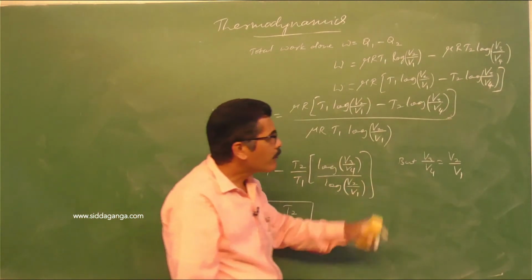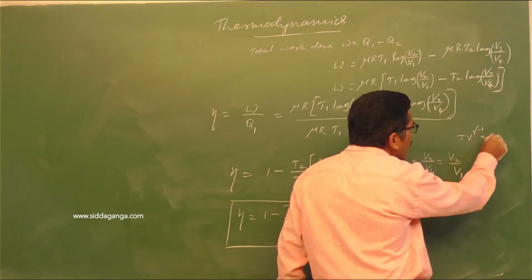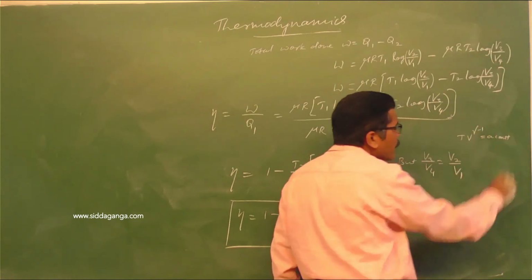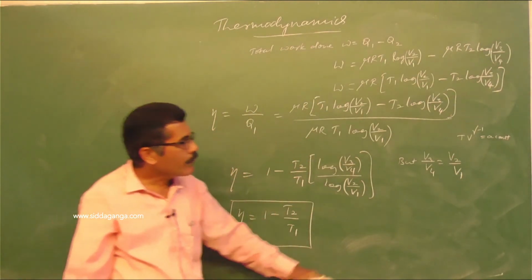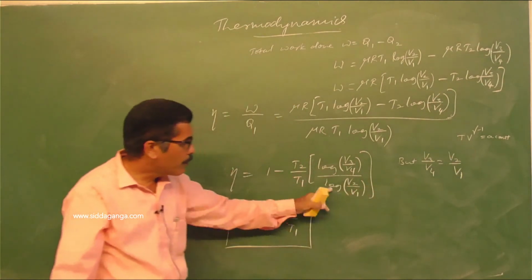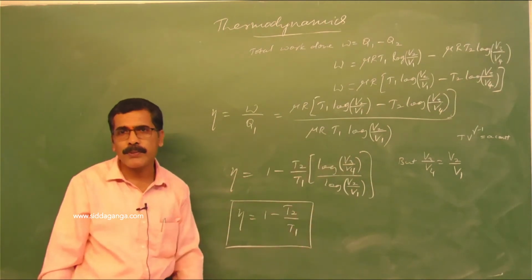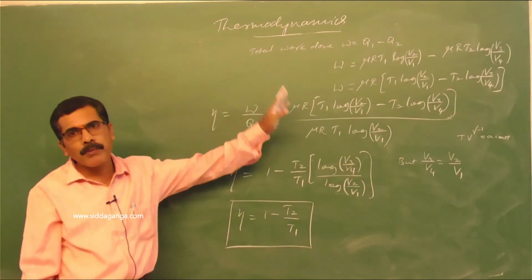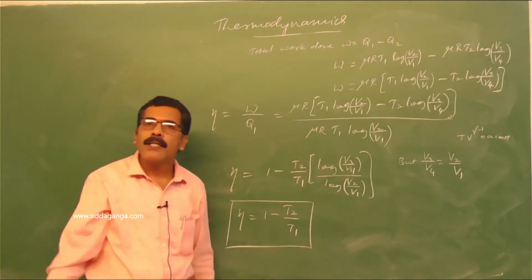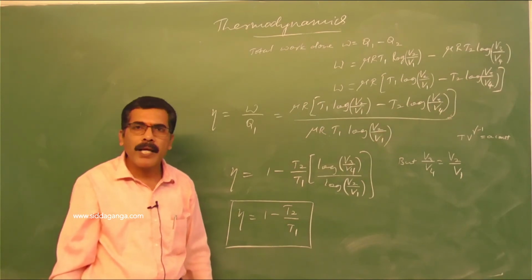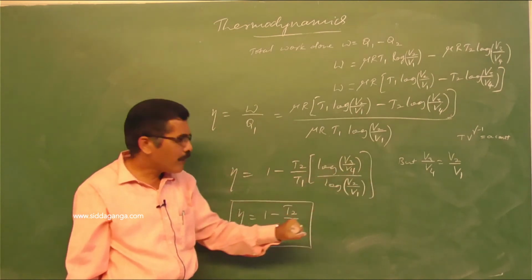See how this can be proved. You can make use of the relation T into V power gamma minus 1 equals a constant in adiabatic cases. You will get this result. All these derivations are not there in your syllabus. Only for the sake of completion, I am explaining all this. You need to explain the cycle along with the indicator diagram or PV diagram. That's enough. But you must know how mathematically we can reach this situation.